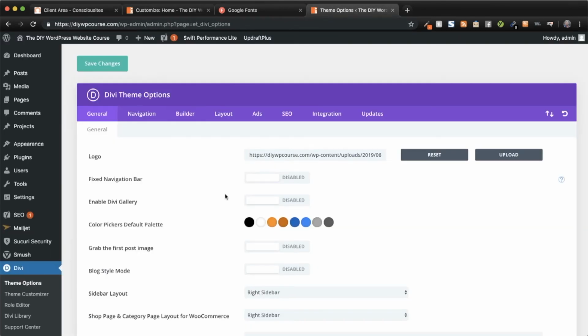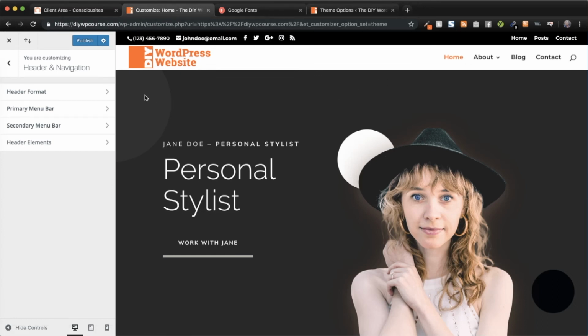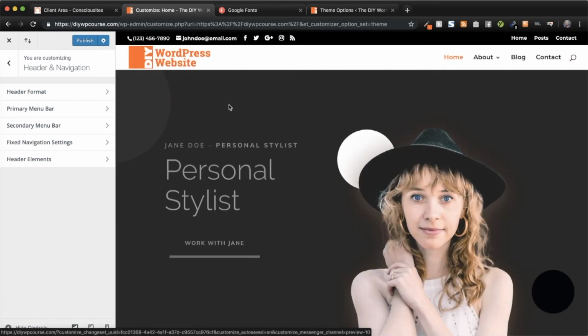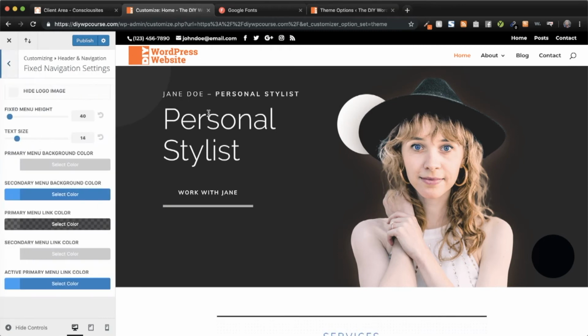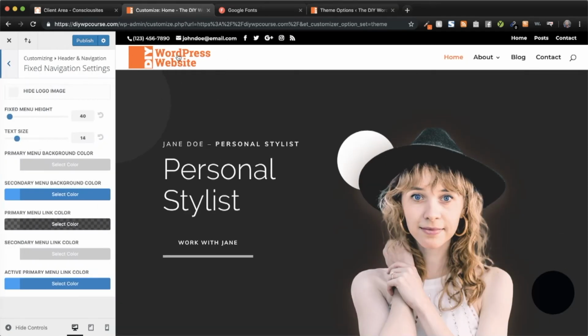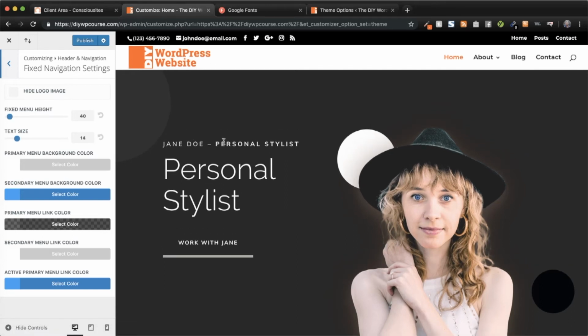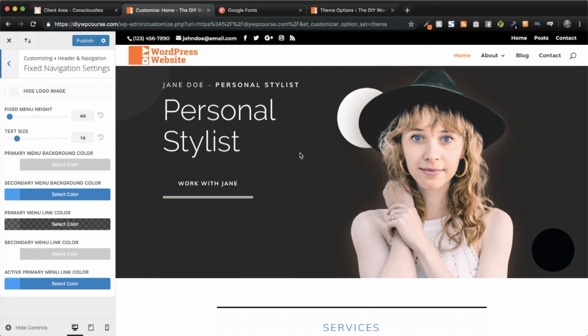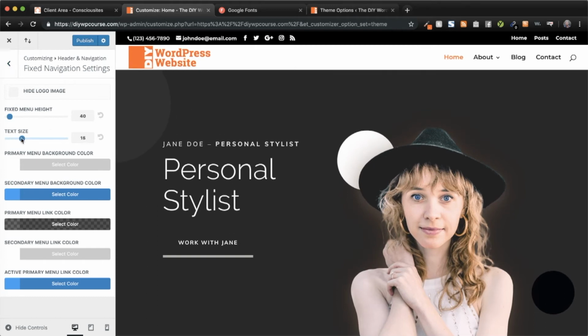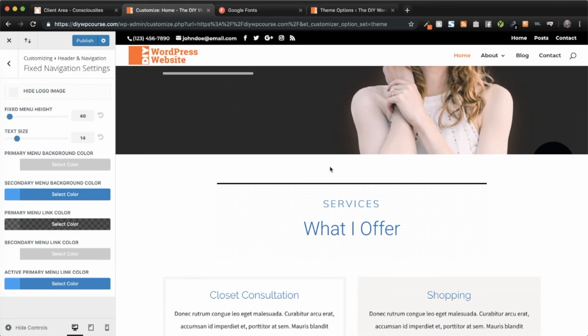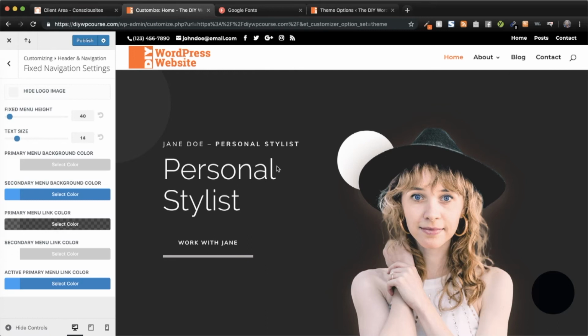I always like to keep it because it keeps the pages visible, the menu bar visible, so people can easily navigate to different parts of the page. So I will keep that there, and now we can customize what the fixed navigation bar looks like when you're scrolling the page. Obviously, when you start modifying this, if you're scrolled all the way up to the very top of the page, you're not actually going to see any changes because the menu bar is not fixed. So go ahead and just scroll down a little bit, and you'll see when you do that, this menu bar sort of changes